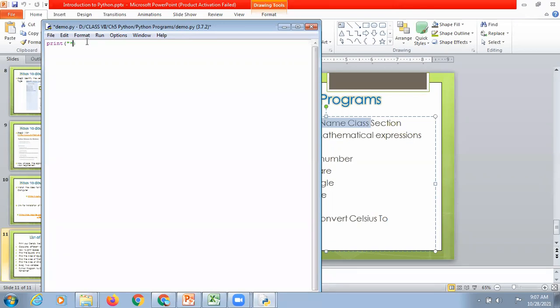Let's say I want to print some stars with some spaces. Double quotes close. How many stars? 1, 2, 3, 4, 5. In the next line, I'll be printing 4 stars only.